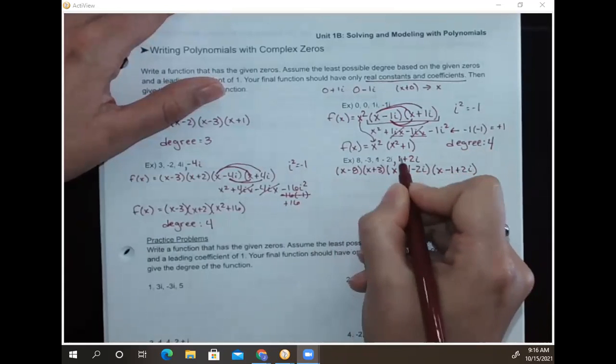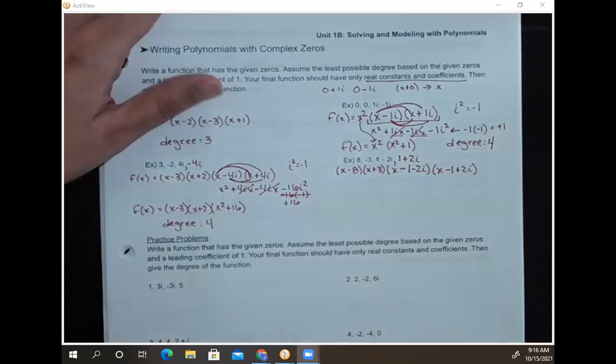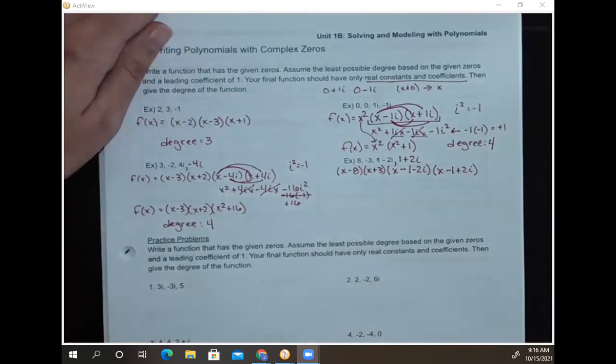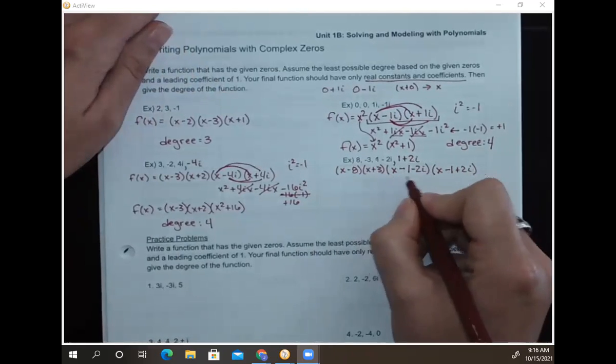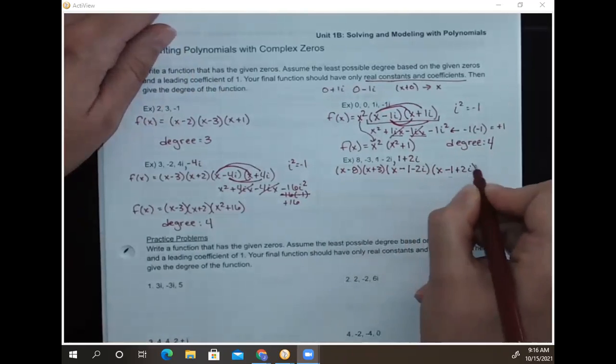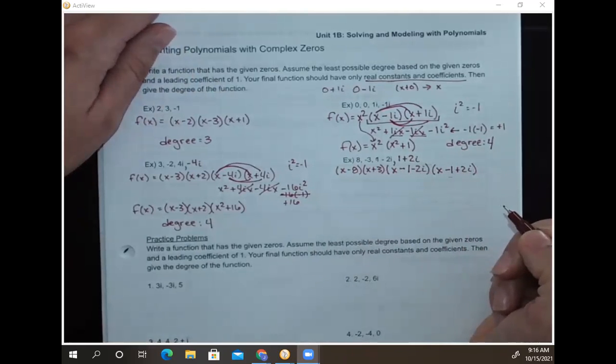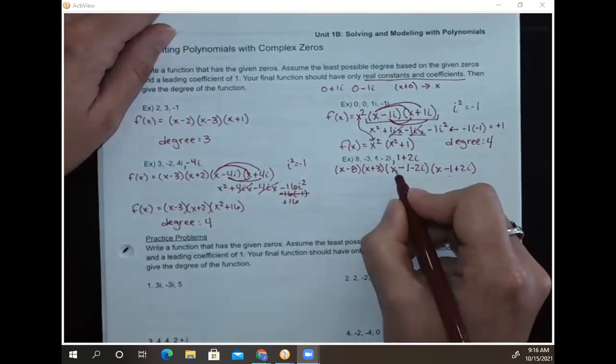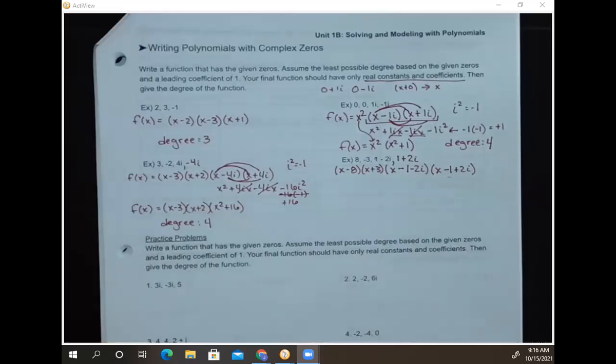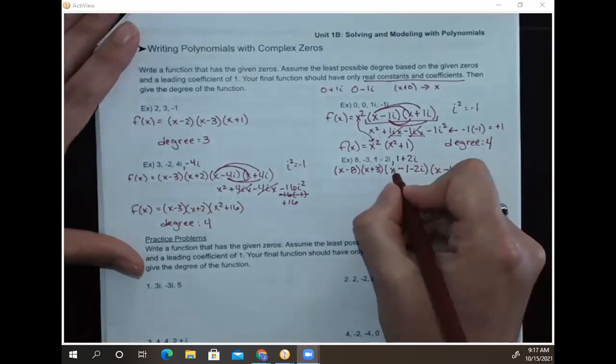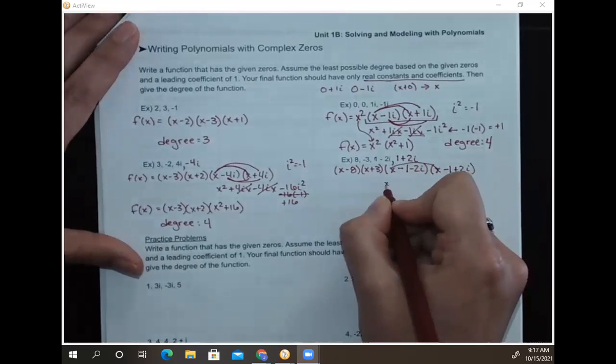Since the 1 is positive in both these cases, that's why I'm seeing subtraction here. Now these guys have imaginary numbers in them, so I've got to multiply them back together. Since there's 3 terms, my distribution is going to be a little bit longer this time. That's okay. So here I get x squared